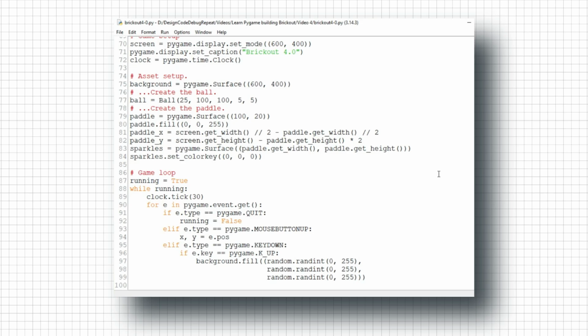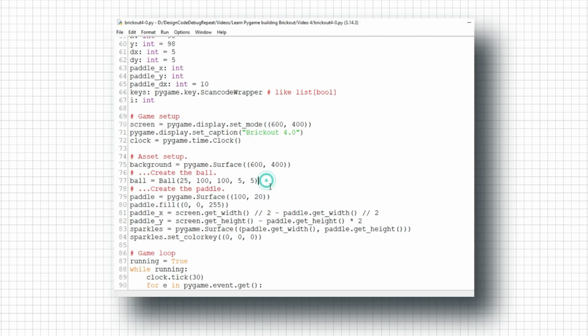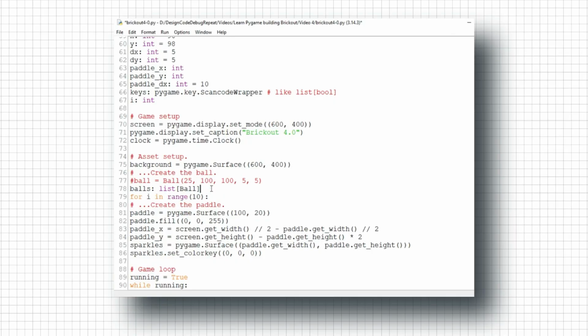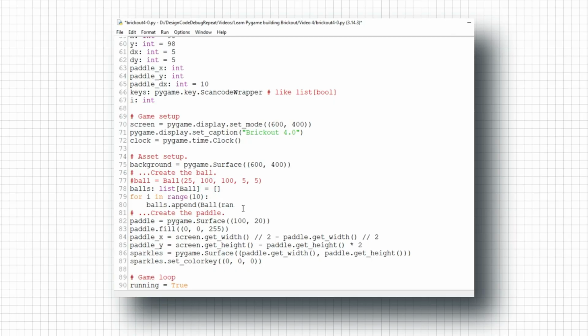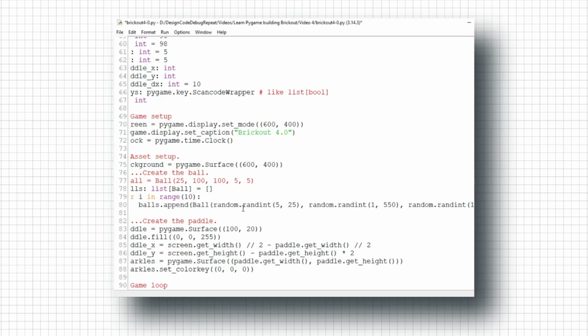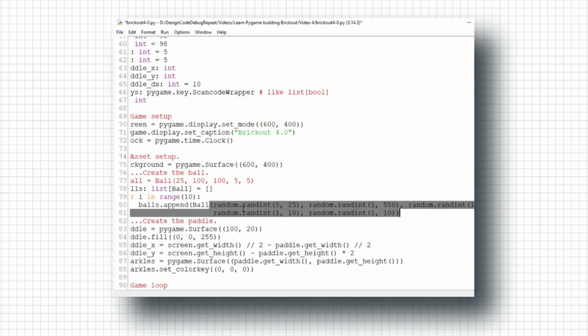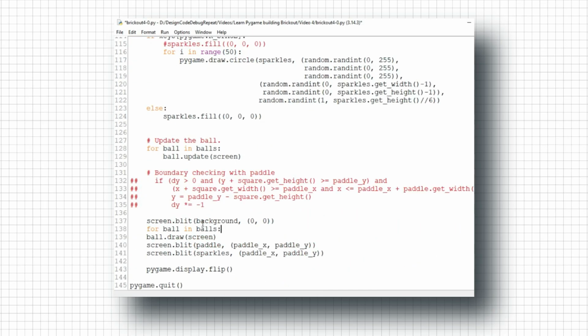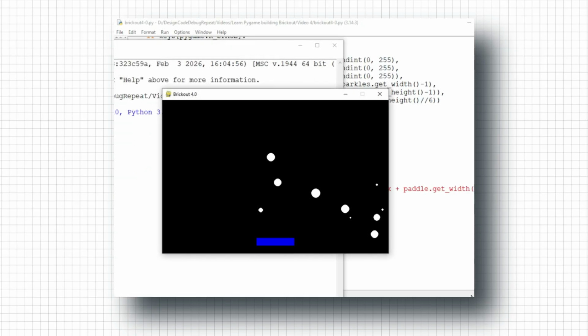I can easily make lots of balls without adding a lot of variables. Let's see that in action. I'll annotate a list of ball objects, balls, and instead of creating one ball, we'll create a whole list with balls equals the empty list, and then for i in range 10, balls.append, ball, open paren, and we'll pass in some random sizes, starting locations, and velocities. And in the update area for ball in balls, ball.update(screen), and in the draw area for ball in balls, ball.draw(screen). And if we run that,